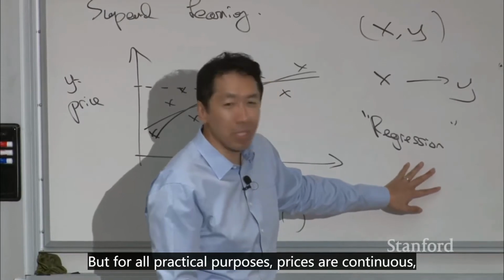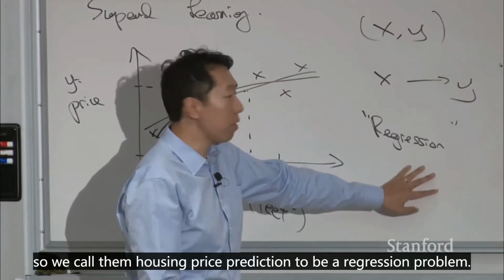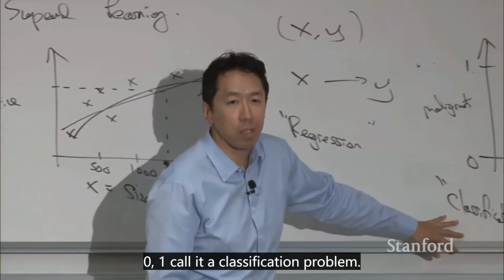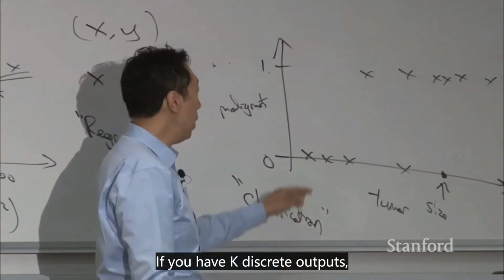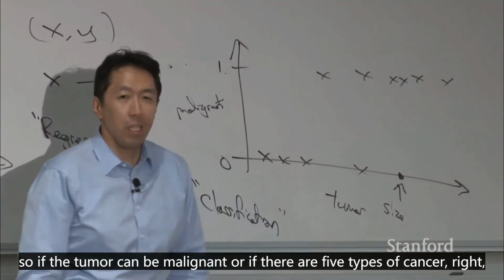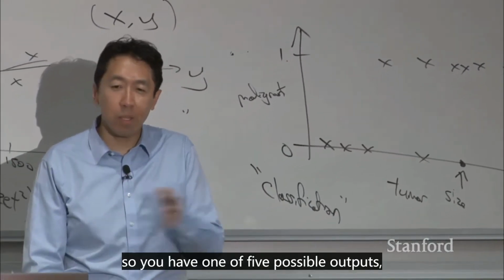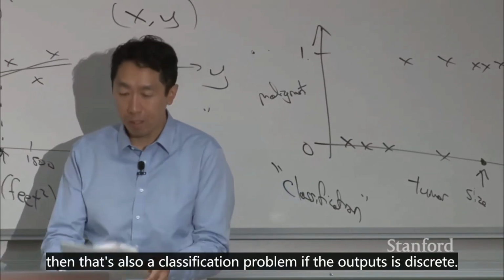But for all practical purposes, prices are continuous, so we call housing price prediction a regression problem, whereas if you have two possible output values, 0 and 1, we call that a classification problem. If you have k discrete outputs, so if the tumor can be malignant, or if there are 5 types of cancer, so you have 1 of 5 possible outputs, then that's also a classification problem if the output is